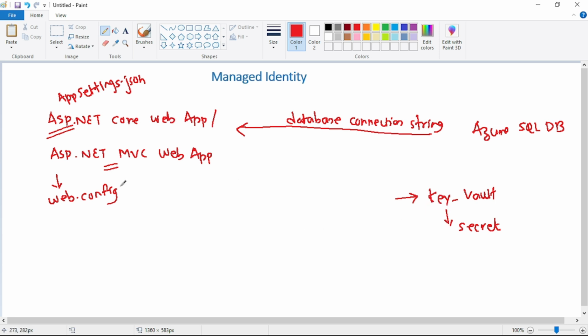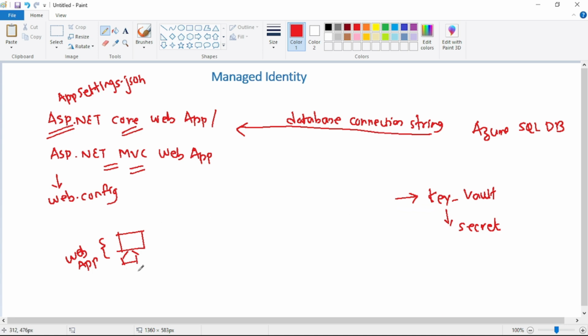Great. Now let's say we have deployed this web app in an Azure VM. So let's say this is our VM and it contains our web app, that is either .NET Core or MVC. Now obviously this web app needs to retrieve this secret, that is this database connection string, from this key vault, right?